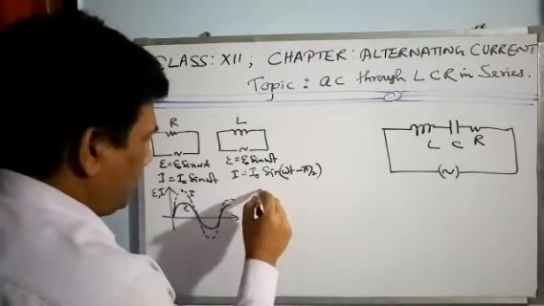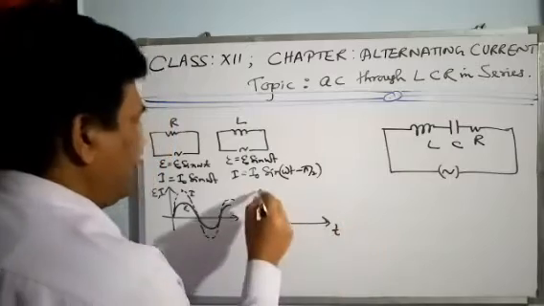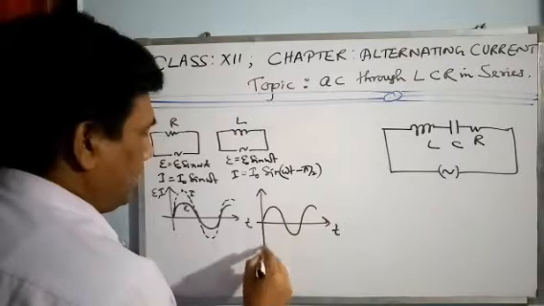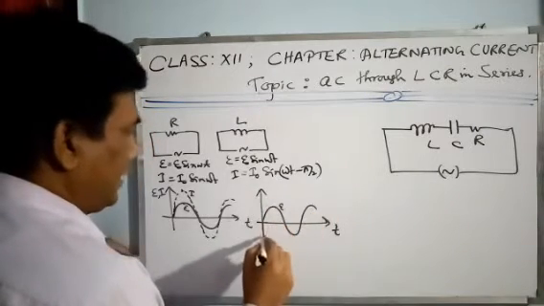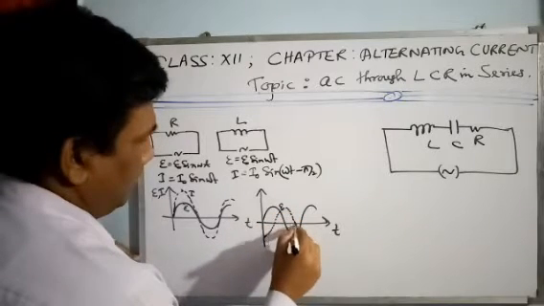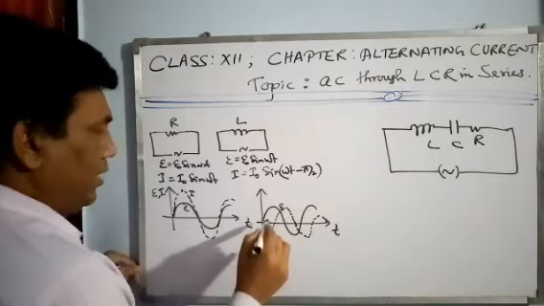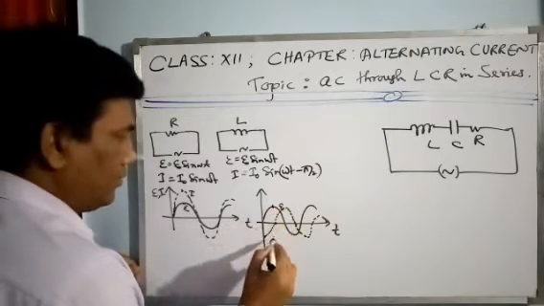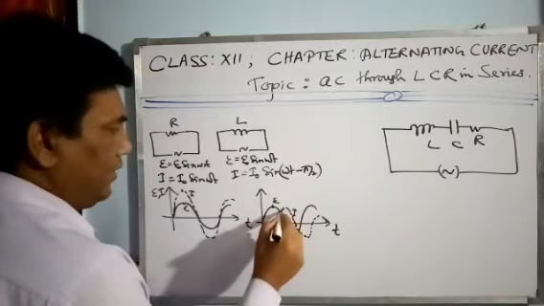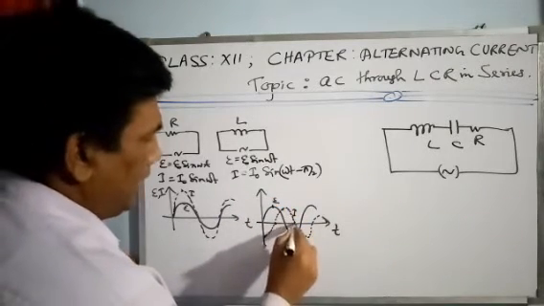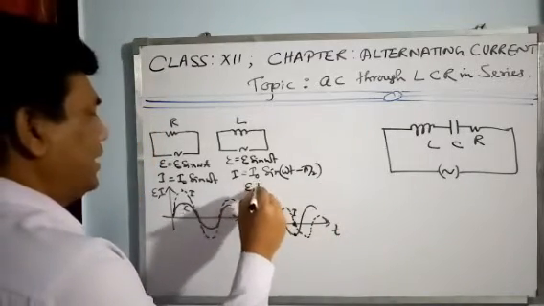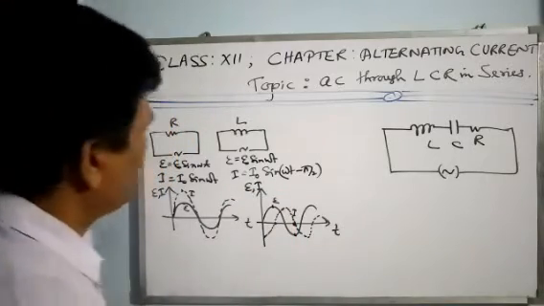If I want to draw this in the graph, what I see, say this is the voltage graph. Are you getting my point? It is the voltage graph. Then current will be this. It will be like that. Okay. You see, when voltage is maximum, current is 0. Are you getting my point? This is current graph. If it represents the voltage graph, it will represent the current graph. Here, when current is 0, voltage is maximum, like that. Na, pi by 2 phase difference. So this is representing voltage or current. Are you getting my point?